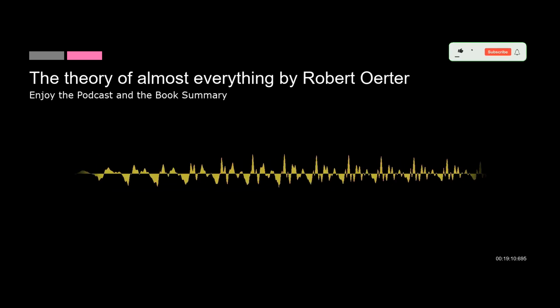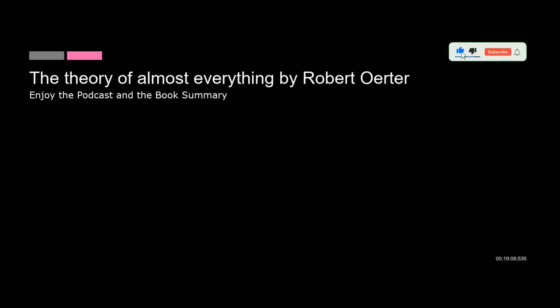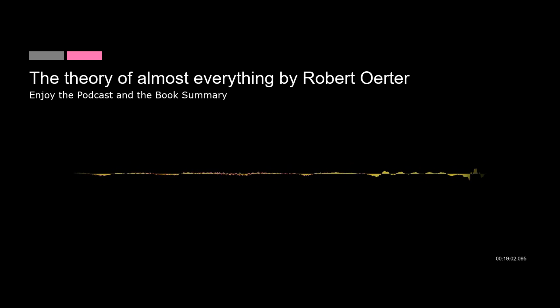Today, we're tackling something huge. Robert Oerter's The Theory of Almost Everything. It's his look at, well, the standard model of particle physics. And that title, Almost Everything, it really isn't an exaggeration, is it? The source actually quotes Neil deGrasse Tyson on this. Oh yeah, what does he say? He calls the Standard Model a triumph of 20th century science that underpins nearly all we know about physical reality. I mean, that's big. That sets the stage.